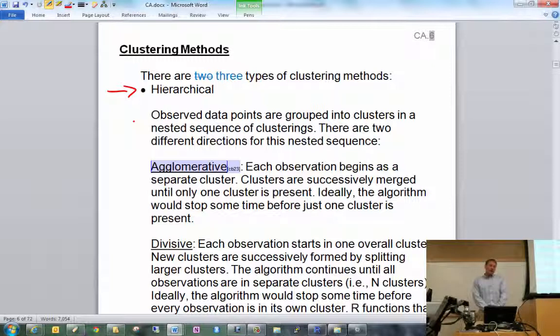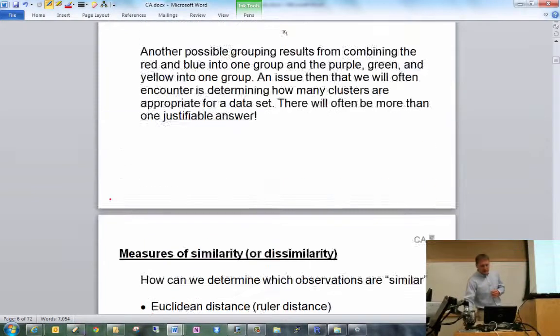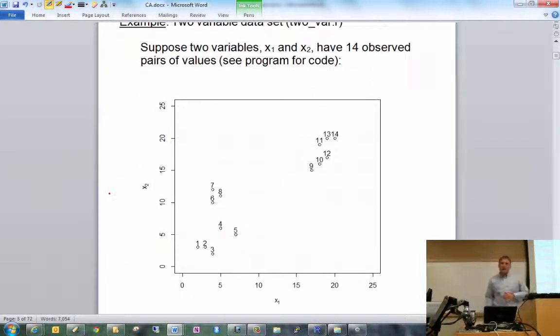And the way that this works is simply you've got some observed data points. You have some observations, and these observations are grouped in, you could say, a sequential manner. Meaning, let me start here. So if I just gave you this simple plot here, what do you think the 2 closest observations are? Come on, get out your rulers. Maybe 13 and 14. So the way that a hierarchical method works is that you might, let's say, group 13 and 14 together